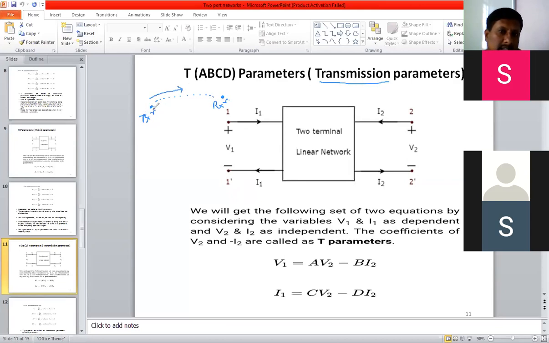If one device is the transmitter and the receiver is at the other end, the signal will be sent from transmitter to receiver. If the receiver also acts as a transmitter, then the communication will happen in two ways, means again it will send, but at that time this receiver will act as a transmitter and this device will act as a receiver.